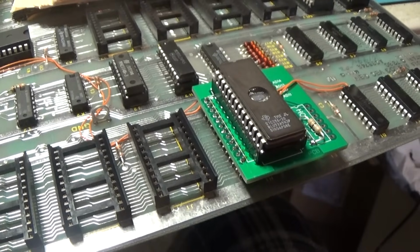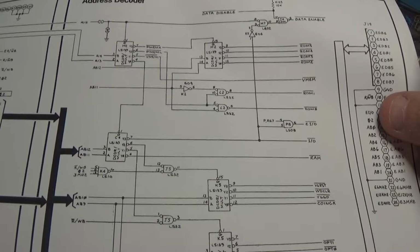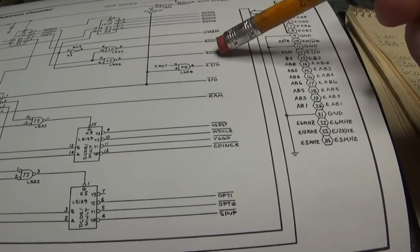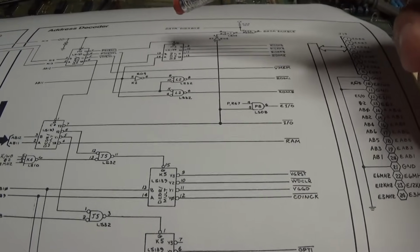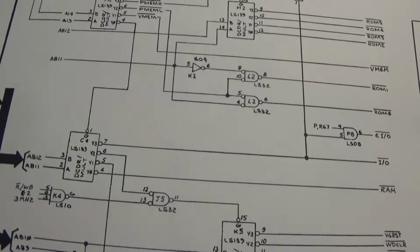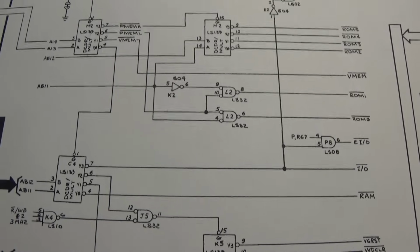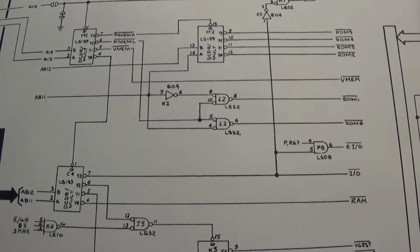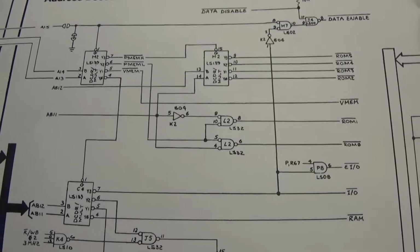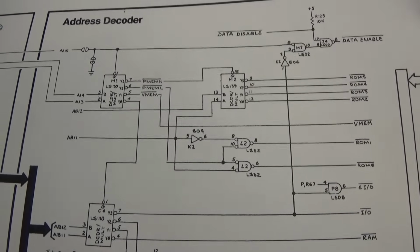There's really no way around that, unless, okay, ROM 0 through ROM, and that's ROM 0. PMEM high, PMEM low. There's two signals right there. Actually, I believe